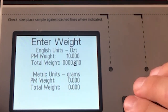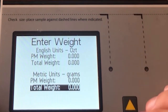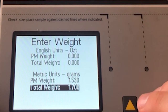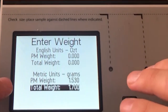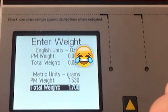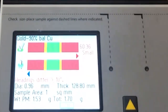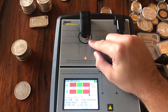So we're gonna change this to 0, okay? Go down here to grams, so you don't have to do the conversion. That's nice, huh? So this should be about 1.7 grams. How do I get out of here? Measure. Okay, that'll work. So 1.7 grams, but you can see here it's not getting a good reading because the